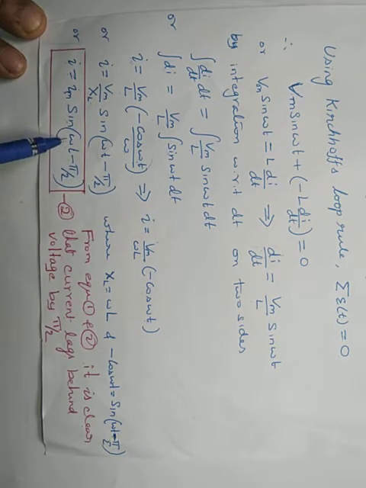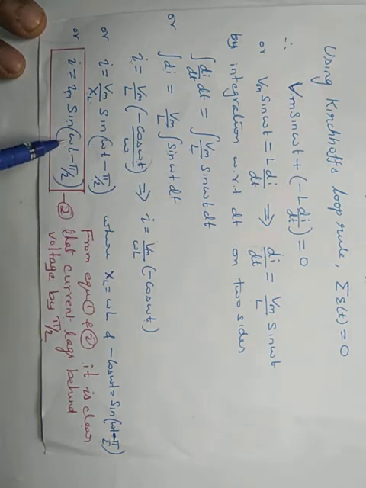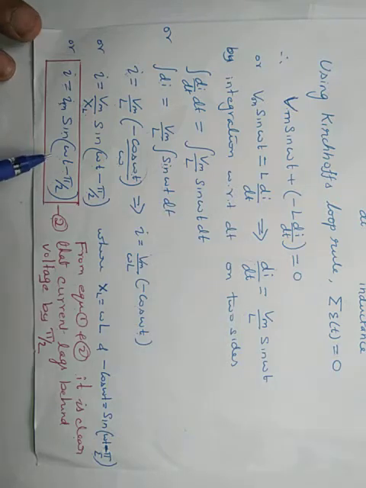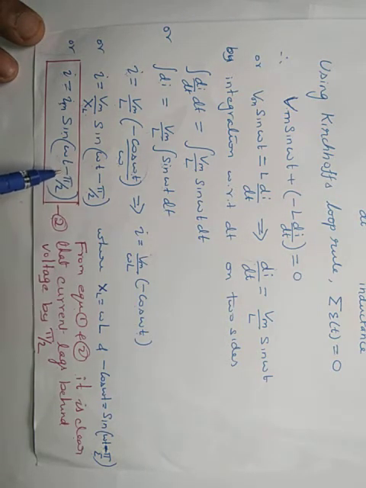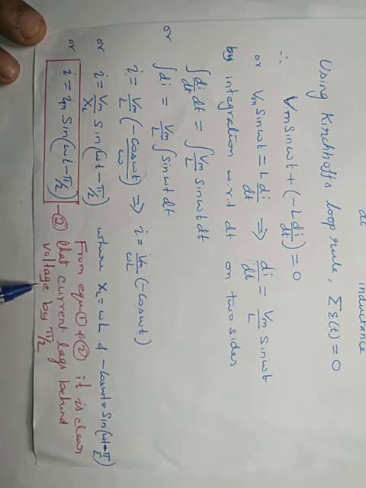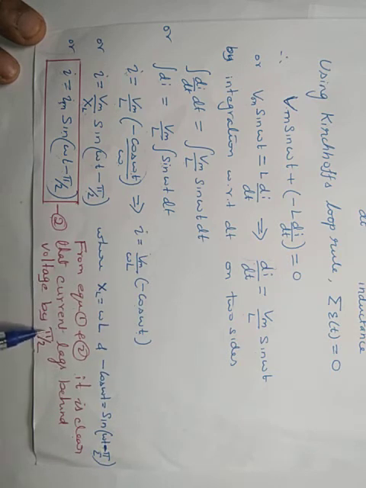See the phase here. Both the functions are sine. Therefore, here the phase is omega t minus pi by 2, but for the voltage it is omega t. For the current it is omega t minus pi by 2. Minus means it lags. So, you can write the conclusion. This is for current. Therefore, the current lags behind the voltage by pi by 2. This is the conclusion you can write from the equations. It is clear that current lags behind the voltage by pi by 2, or vice versa, you can write voltage leads the current by pi by 2. Voltage leads or current lags.